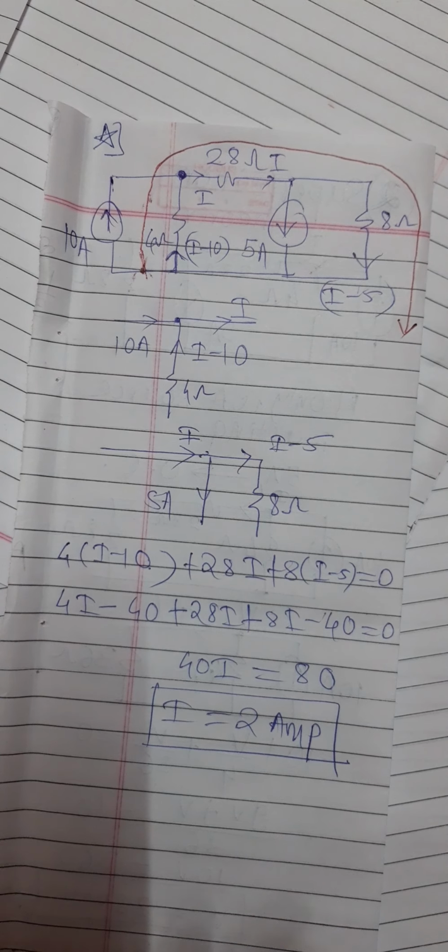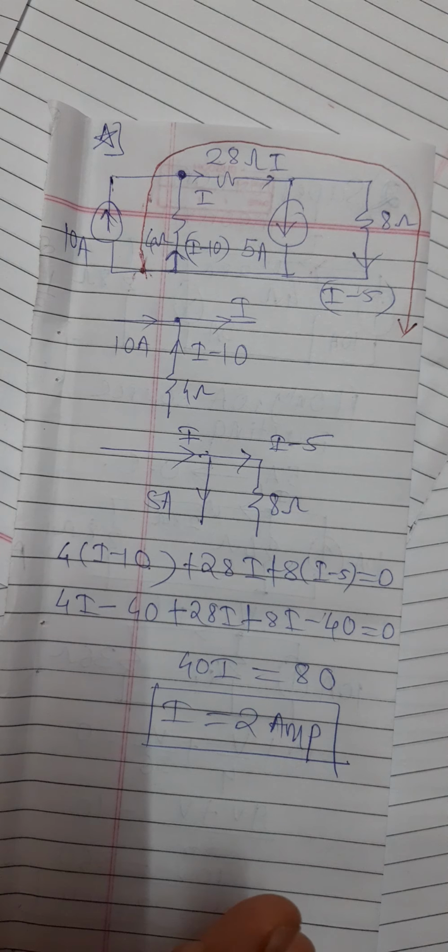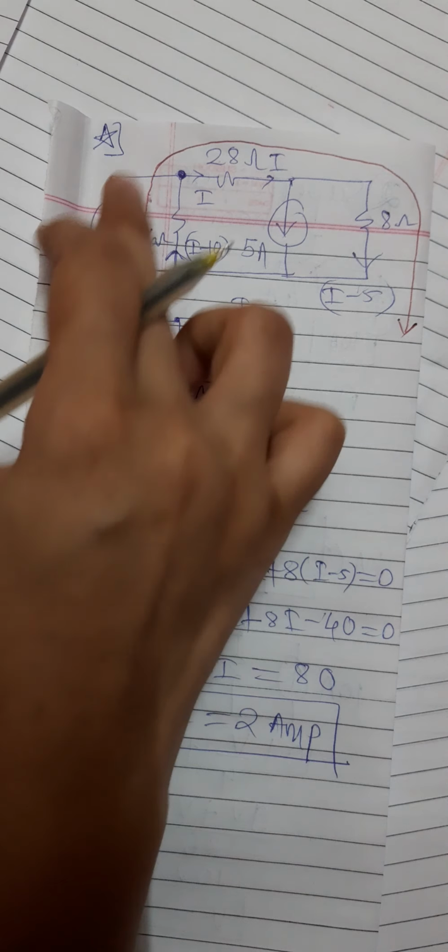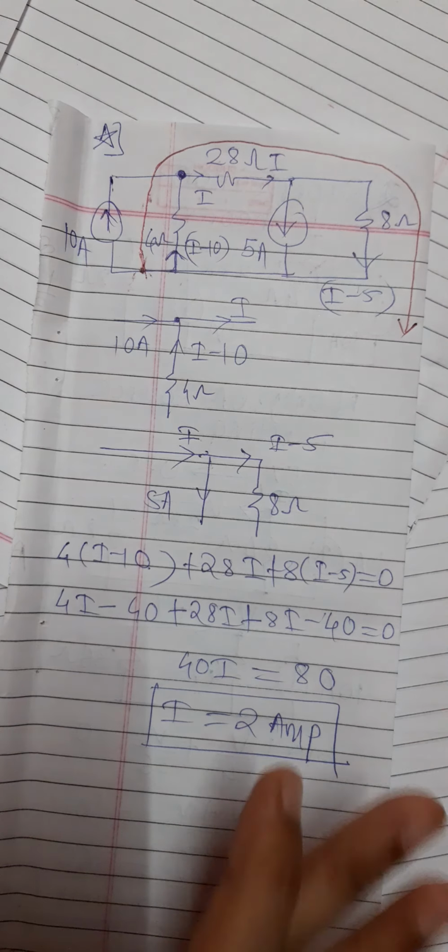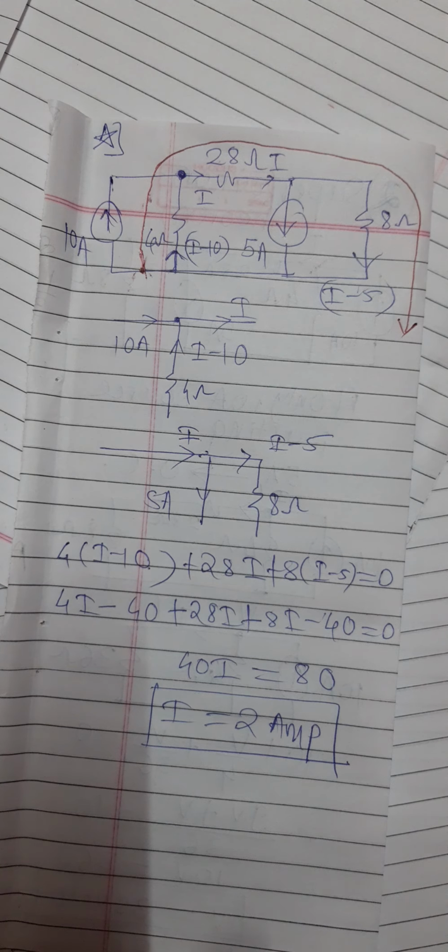This method is useful in many examples, some advanced level examples where nothing is known, that is voltage sources or current sources, or sometimes resistor values are also not known. Then that time this method is very useful. Outer loop we have to take, identify and write the equation. This is not like the super mesh or super node method, but it is a very important method.